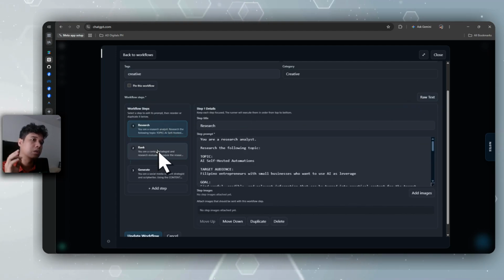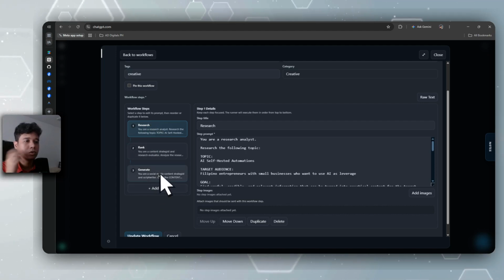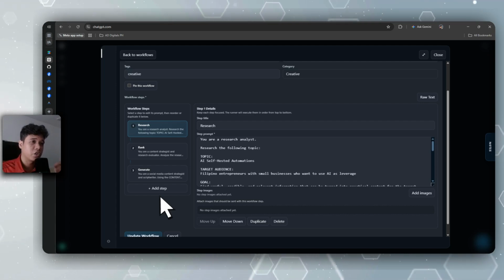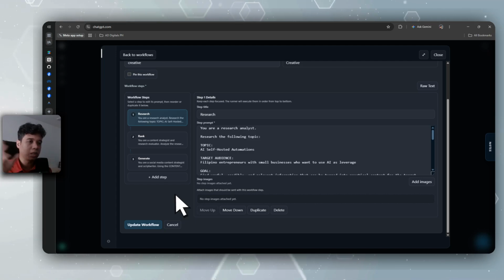Yung workflow view, ito na yung mas madaling paraan. So, step 1, step 2, step 3, add ka ng steps as many as want. I think ang limit ng steps is 15, which is kind of overkill kasi yung context window ng ChatGPT is only 400,000 tokens. Yung sa codex, 1 million. Right? Even kahit GPT 5.5 yan, 'pag nasa ChatGPT ka, the context window is only 400K, if I remember it